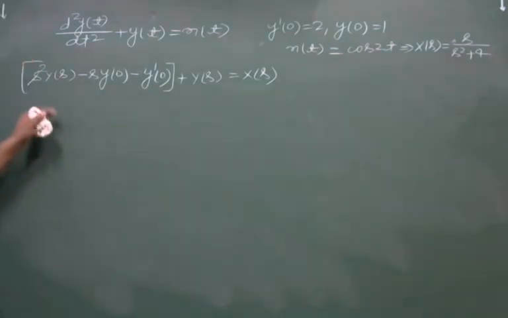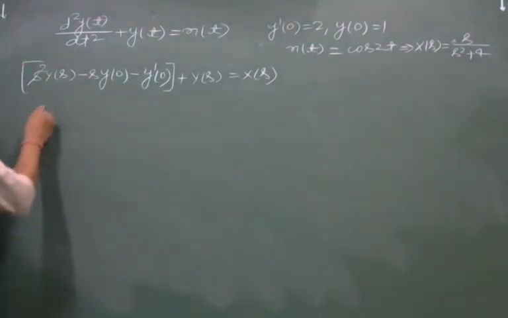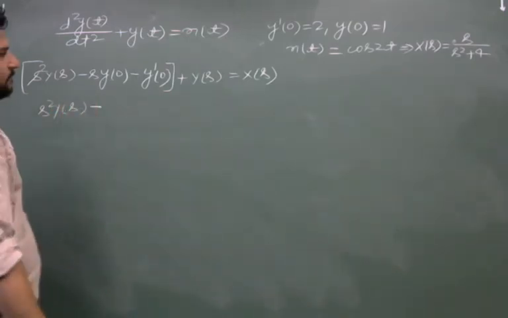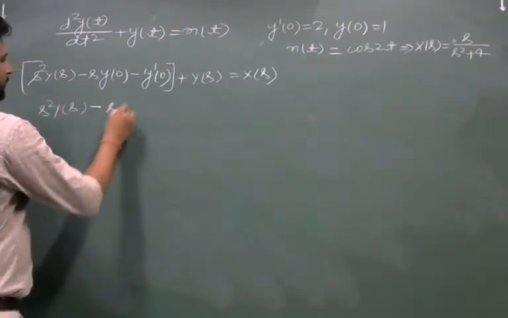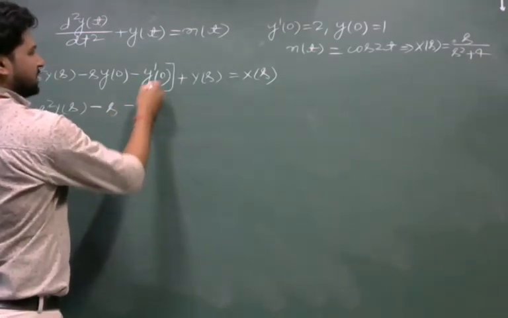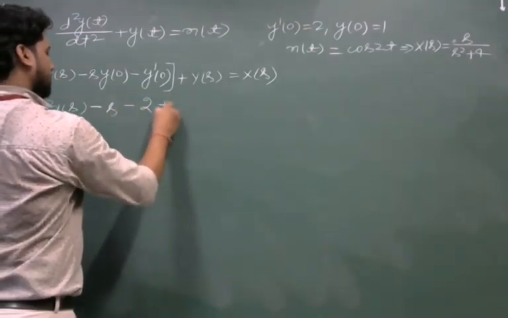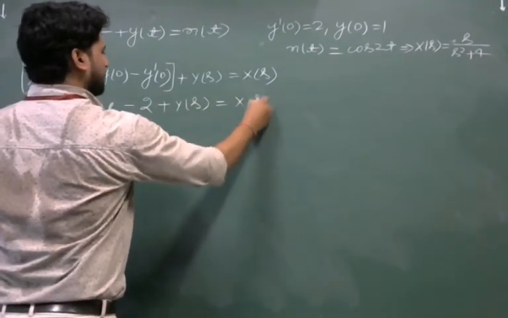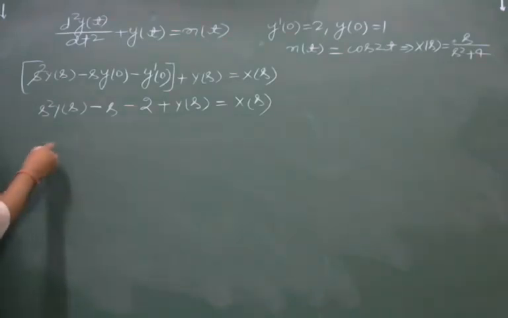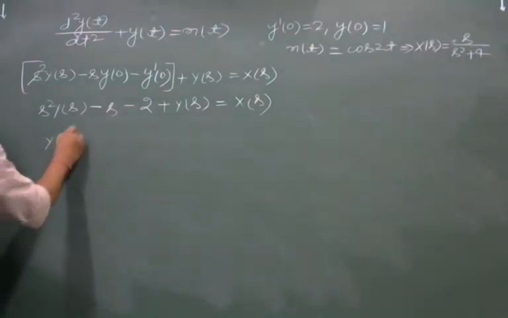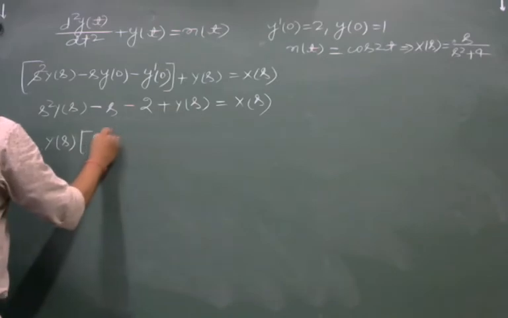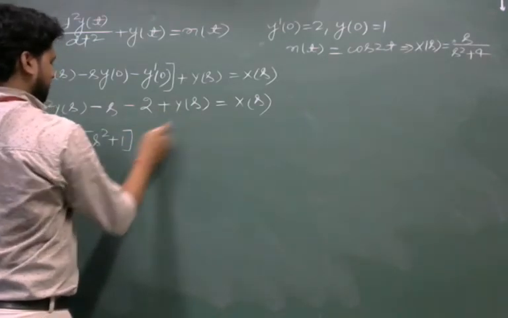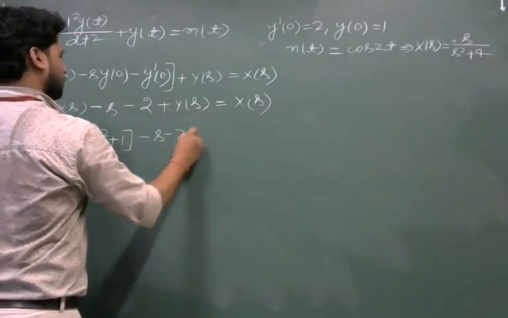Putting all the initial conditions, this will become s square y of s minus s, y of 0 is 1, minus y dash 0 is 2, plus y of s is equal to x of s, and from here y of s we will take common, this will become s square plus 1, minus s minus 2,